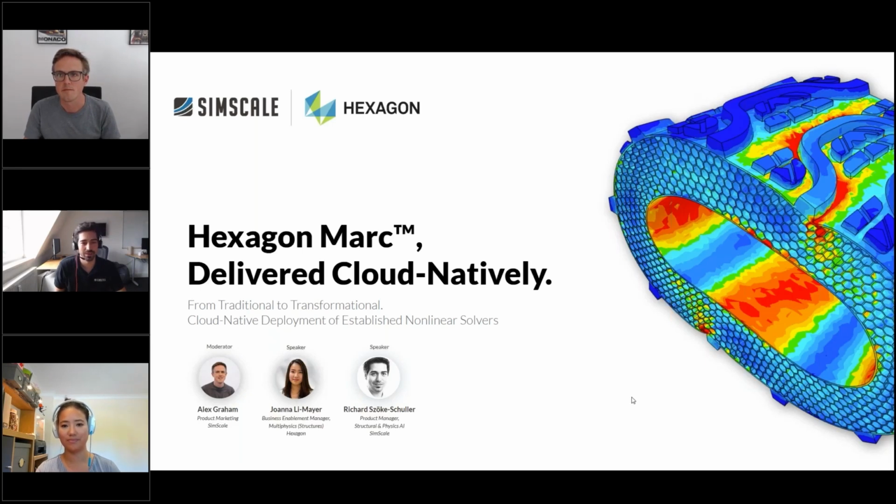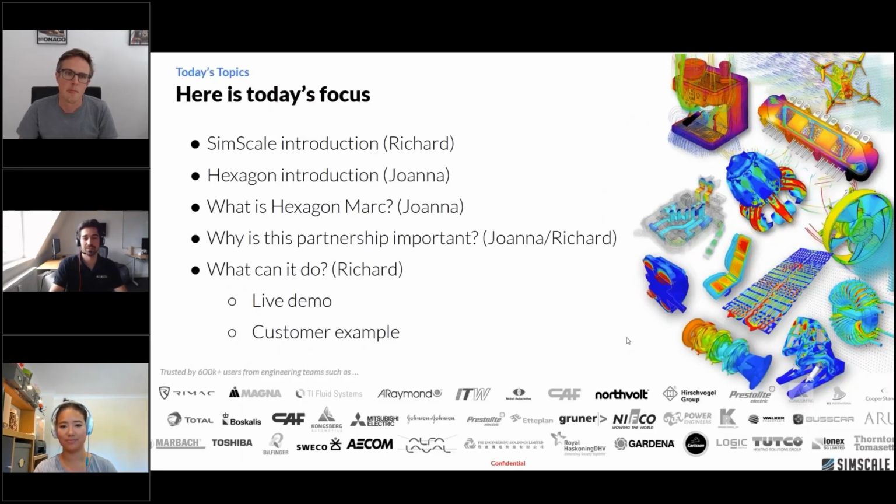Yeah, I'm excited that we finally can announce the availability of Marc on SimScale, of Hexagon Marc on SimScale, a highly capable nonlinear solver, and hopefully it enables our customers to run simulations and get insights that they weren't able to get before. So quickly, today's agenda, we're introducing SimScale first